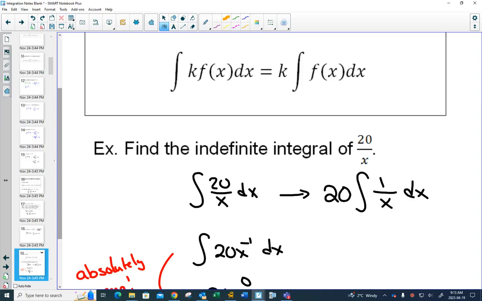That's the hope. The reality is that the way our brains work, this is hard, right? When I tell you the answer, you might go, oh yeah. But at this moment, many of you are drawing a blank. Like, what derivative gave you 1 over x? That was a natural law. Some of you are still not like, oh yeah. Some of you are like, oh yeah, I forgot that completely.